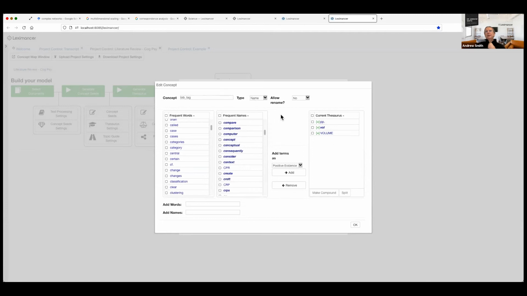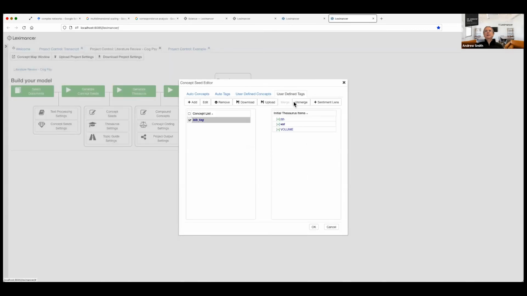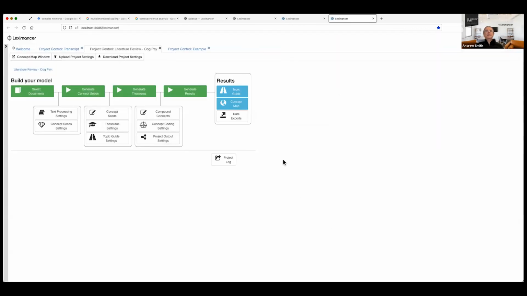So what I'm about here is creating this classifier, which looks for these terms. It's called bib tags, so it's going to tag them as being bibliographic entries at the end. And what I'm going to do is use that tag to filter all or as many of these as I can out of the model, so that you get much less bibliographic content in the model and more of the meat of the articles. So I've created this classifier as a user-defined tag, and then I need to use that.